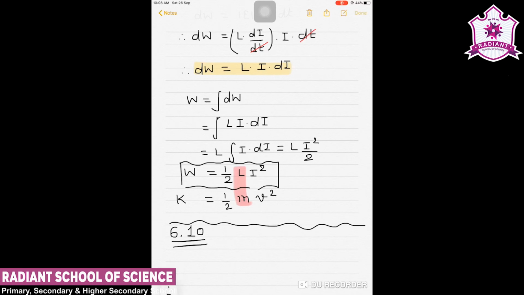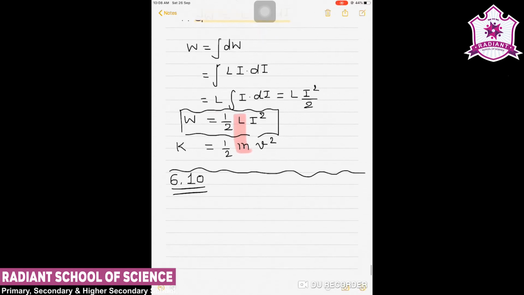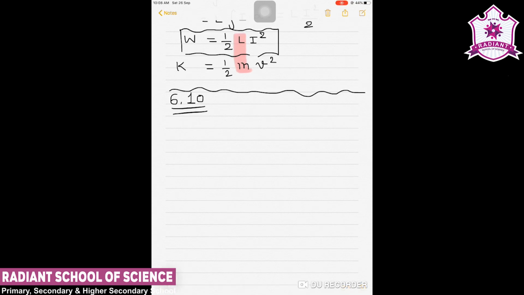So the first task is to find the energy. As we know from the above equation, the magnetic energy stored in a magnetic field is like 1 by 2